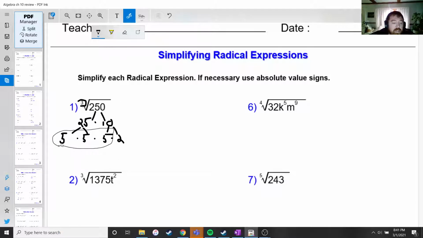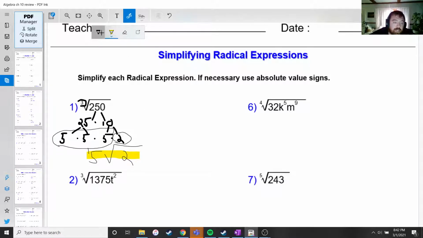Now for every time you have a group of 3, or whatever it is that you're searching for, I'm going to take one of that number. Now, anything left over outside of the circles that I make is going to go underneath a radical sign. So, you're going to multiply the numbers in the groups, and then you're going to multiply anything that's outside of it. This will become a little more clear later on when we have more numbers than just 2 numbers overall. So, our final answer here would be